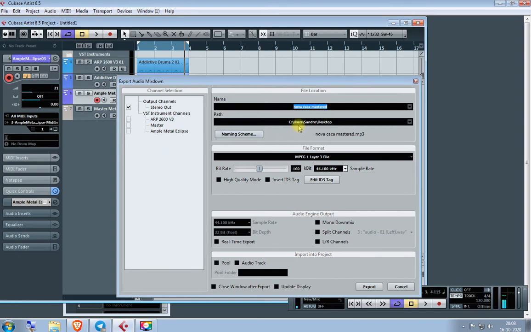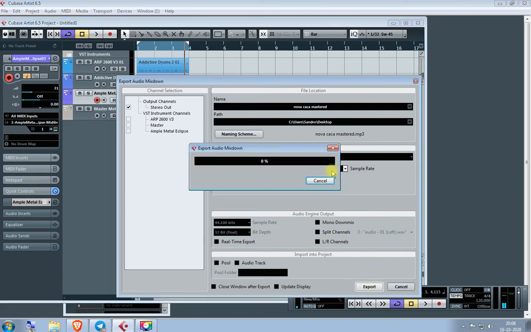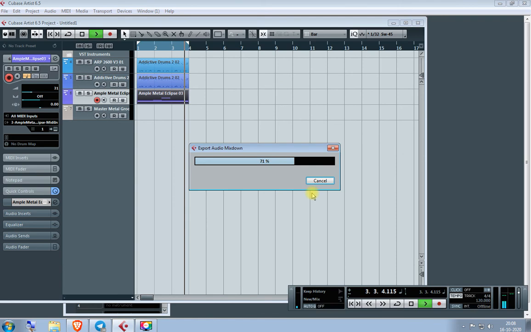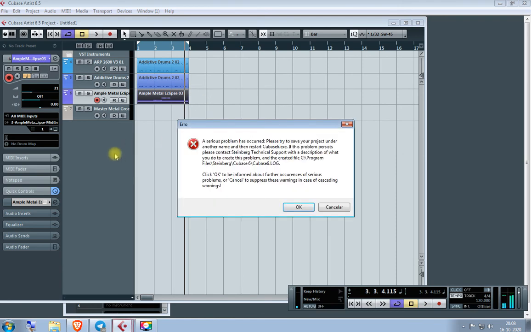You choose the path, you choose the file format, MP3 or WAV, whatever you want, and the bitrate, and you export it. Okay, it takes just a little second. And it's ready to go, man. That's it. That's how you start. If you got any questions,